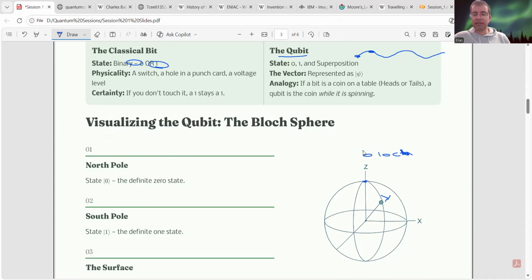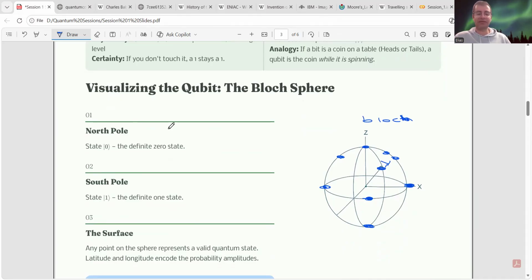For example, a photon can be here, here, in this state, in this state. You see, there are a lot of possibilities that the photon can be in at the same time. It looks confusing and kind of doesn't make sense. I get it. We'll talk about that and you'll get it later.